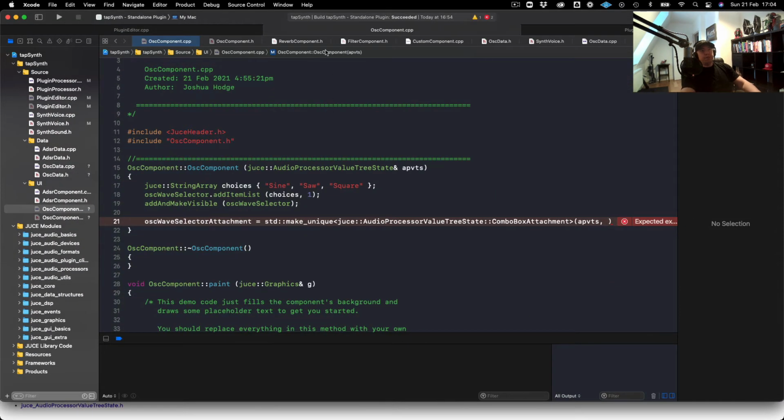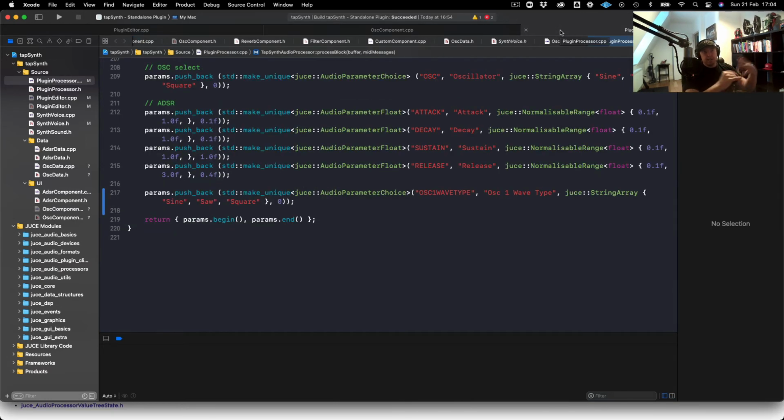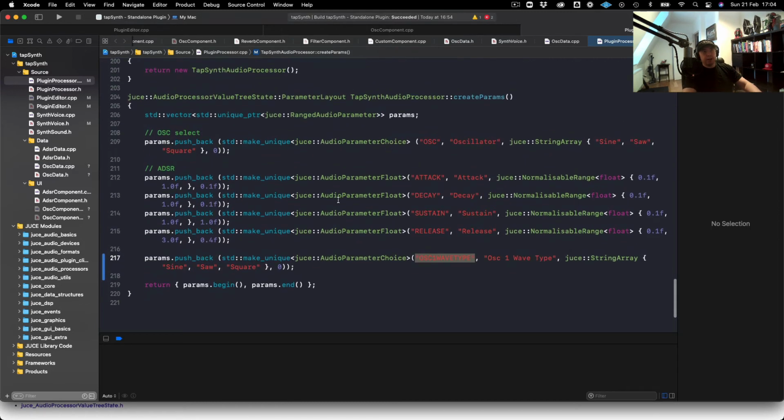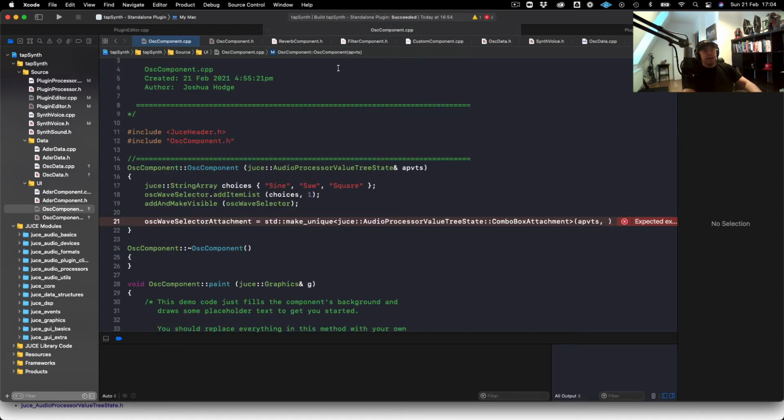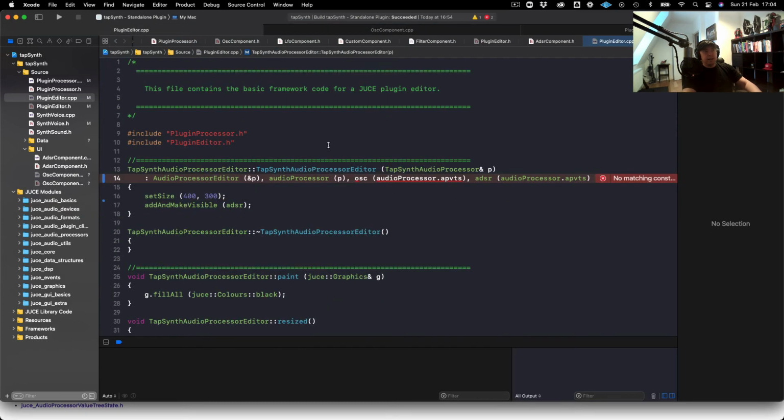So once again, we go back to the plugin processor, which is kind of our brain for our plugin, and we have the parameter ID within the audio processor value tree state, which is OSC1 wave type. I'm just going to copy that, and then in here I will just pop it in here like this, OSC1 wave type,